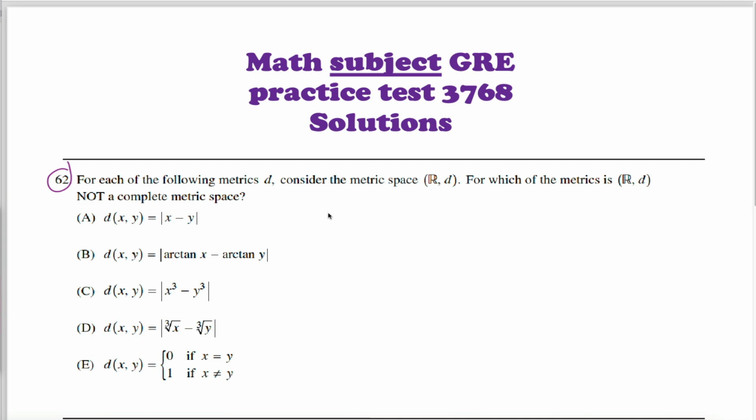All right, in this problem, what we're doing is we're going to consider 5 different metrics. Really a metric is kind of a notion of distance. So this is kind of our standard notion of distance when we talk about the real numbers. Like if we have 2 different real numbers, x and y, and we want to know how far apart they are, we subtract them and take the absolute value of that number.